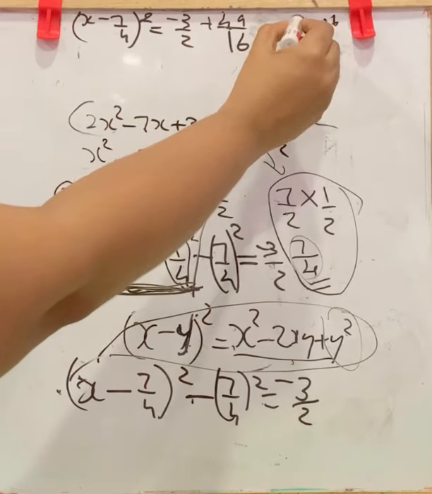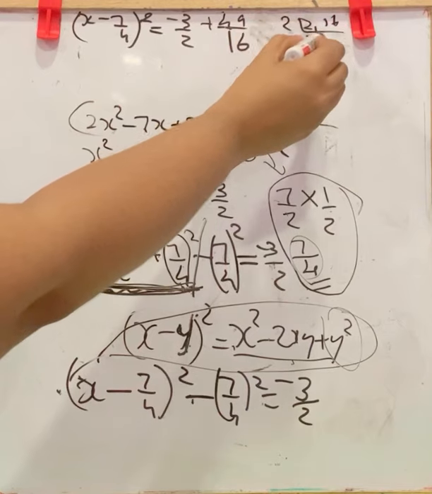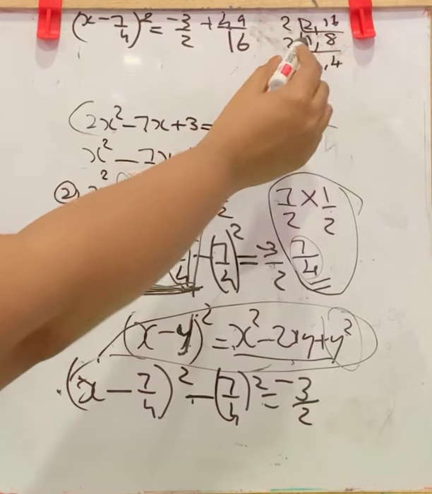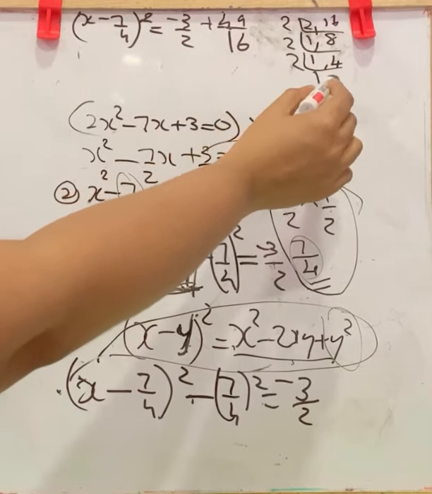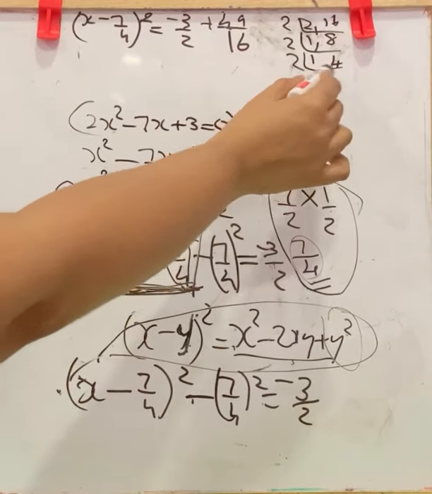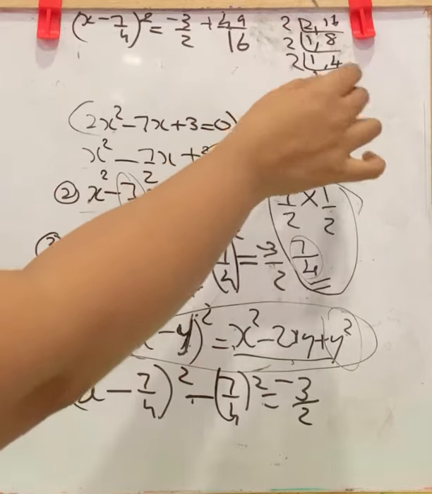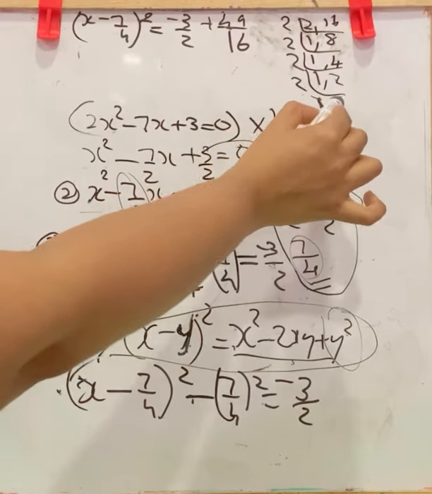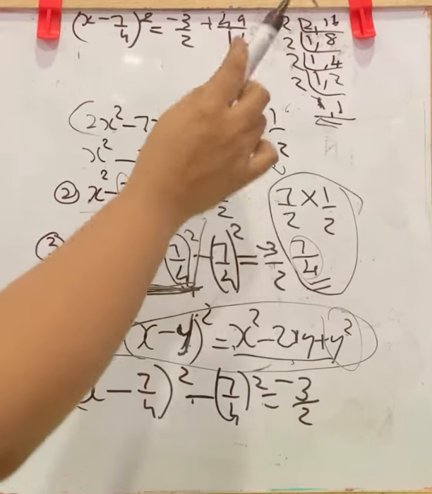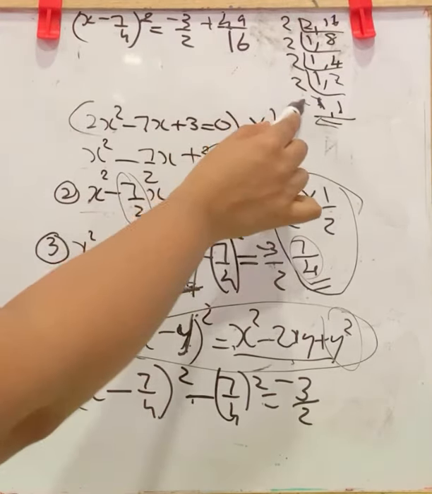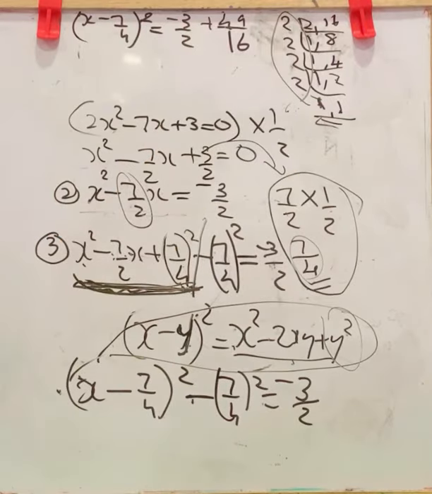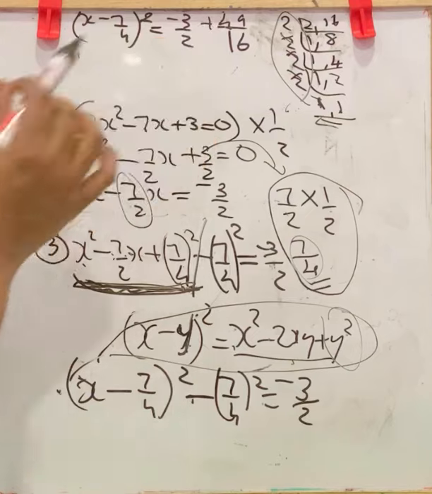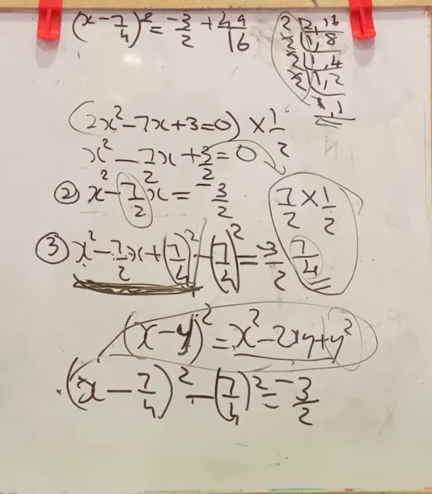Now here you want to find the LCM and write a solution. 2 and 16, LCM is 2 1s are 2, 8 2s are 16, 2 1s are 2, here 4 2s are 8, again in 2, carry down this 1. Whenever you get 1 in the last step, stop the factorization. Here 2 2s are 4, again in 2, carry down this 1, this becomes 1. Here 1 and 1. So stop the factorization, take all these, and the LCM is 2 into 2 into 2 into 2, that is 16.